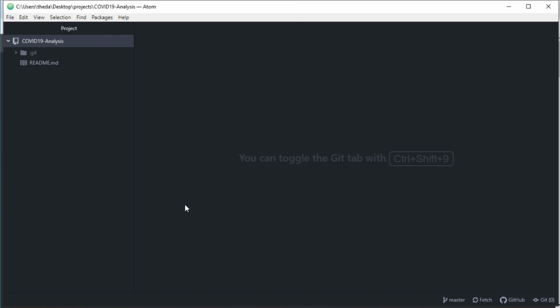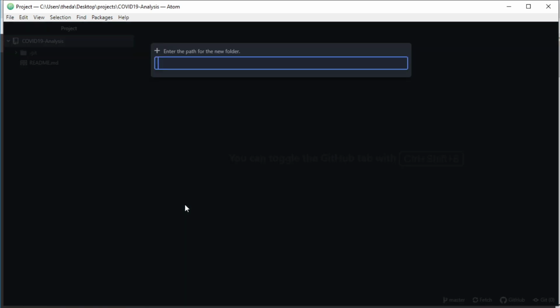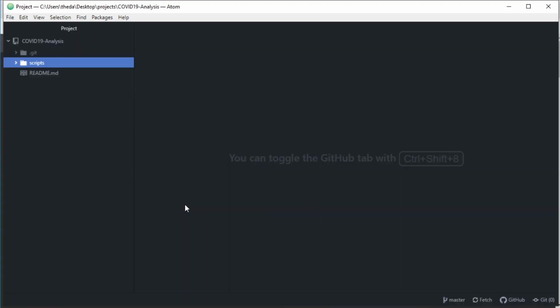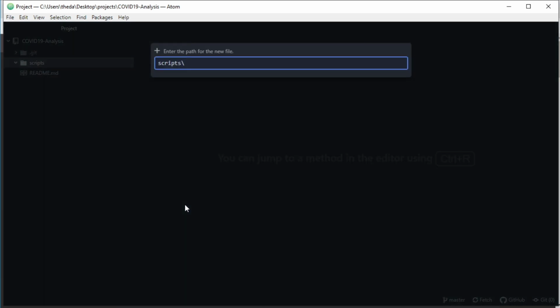So I'll type Alt / to switch to the left pane and select the project tree, and then type Shift A to create the subdirectory. Let's call it scripts. And now inside the scripts subdirectory, let's create a Python script. So I'll type A to create a new file, and let's name it